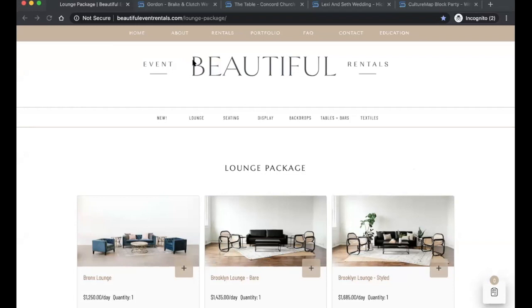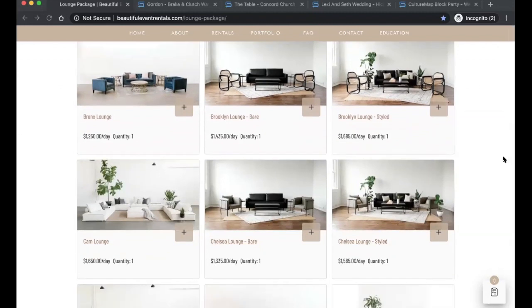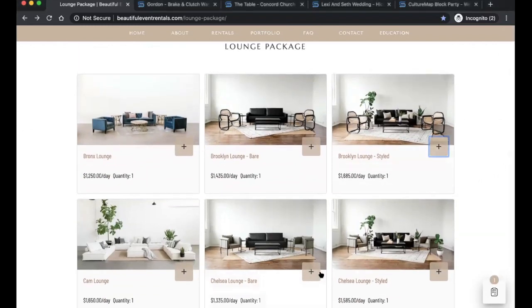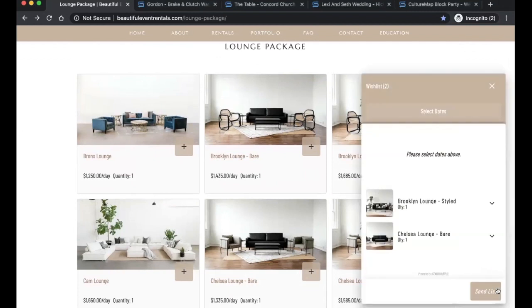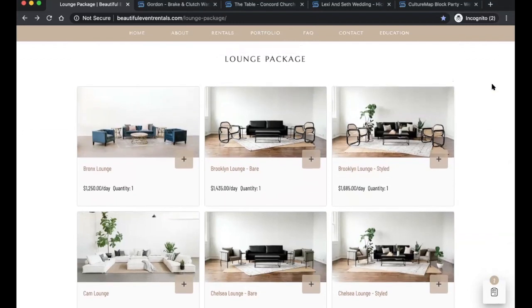So Beautiful Event Rentals, they obviously have the Goodshuffle Pro website wish list integration here. And as you can see, this has been stylized to fit exactly the Beautiful Event Rentals brand. All of the little plus signs here, everything from the clipboard, the fonts, the colors, all matches her website so that it's truly her look and feel. Our goal in creating this really easy to implement tool is still allowing you the flexibility to make it look like it's a part of your website, it's a part of your brand, so that not every Goodshuffle customer has